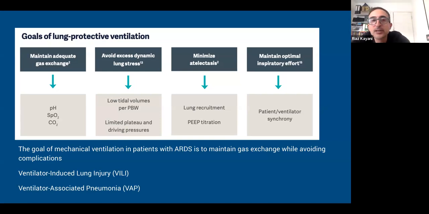We decrease the amount of stress the lungs are under by giving less pressure. We minimize collapse by making sure the PEEP's okay. And also, one thing I haven't talked about is ventilator synchrony. In other words, getting them to coordinate with the ventilator, which essentially means, in a very sick patient, muscle relaxing them. But when they're improving and breathing spontaneously, try to get them onto spontaneous modes. In other words, when they trigger themselves.